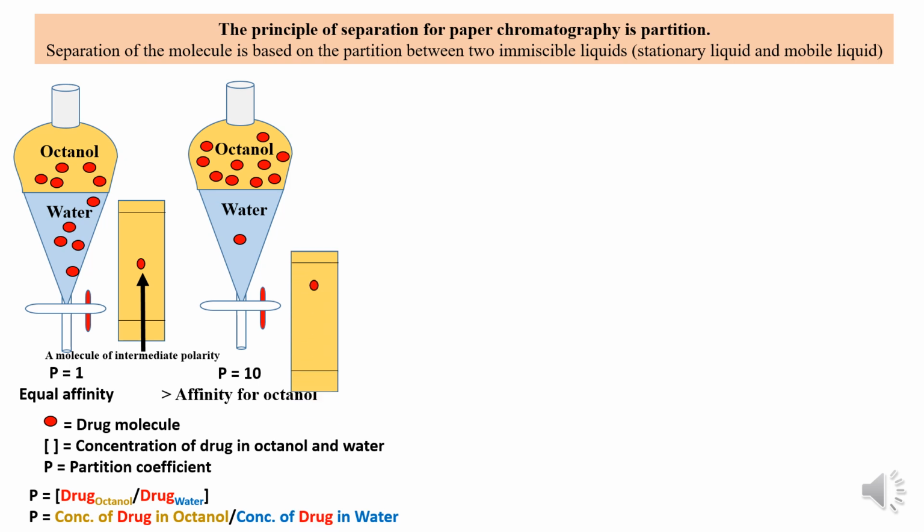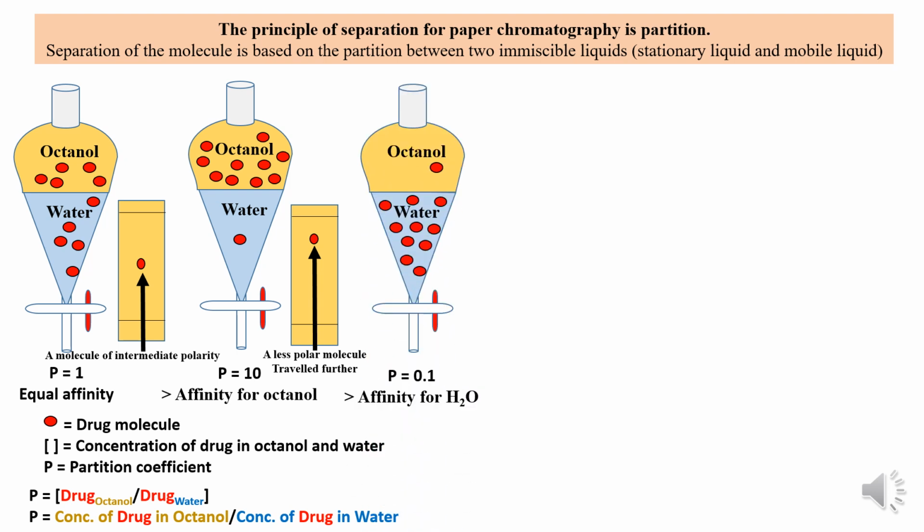And when you try and separate this molecule by paper chromatography, you will see that the spot for the drug molecule has traveled a longer distance because it is less polar and it is more soluble in the octanol layer, which is a non-polar liquid. So like dissolves like. So when the molecule is non-polar in nature, it tries to dissolve in the non-polar octanol, and therefore it is dragged during the separation process